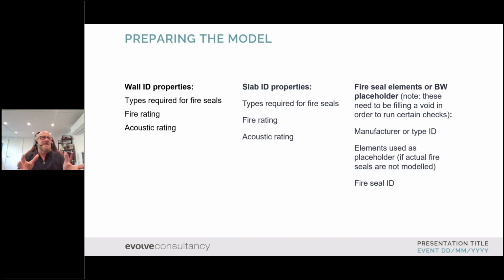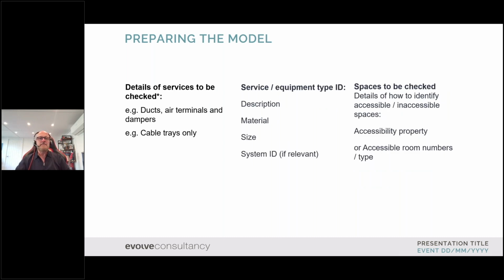You quite often see it in early stage building services models where they will have put just a mass object down or something to represent where this information is passing through slabs. That's good enough at the early stages, but as you get on through, you need to be thinking about building that information. In terms of something that Simon mentioned earlier, you need to know details of what services you're going to check. Okay, are you going to be checking where ducts, air terminals, dampers pass through compartmentation walls and slabs,